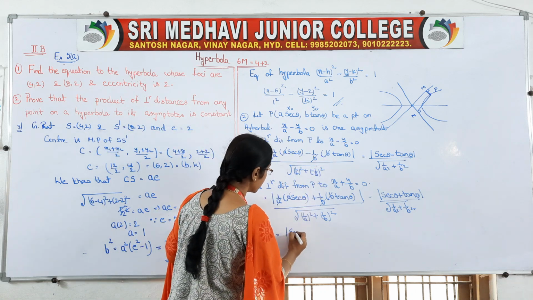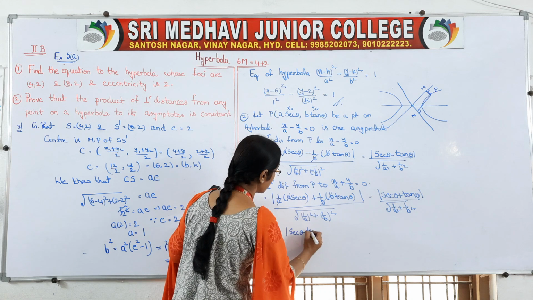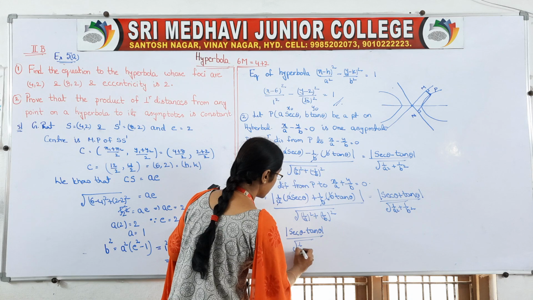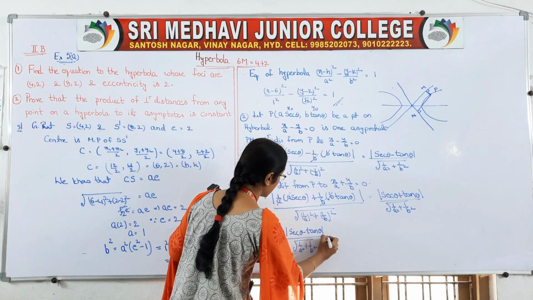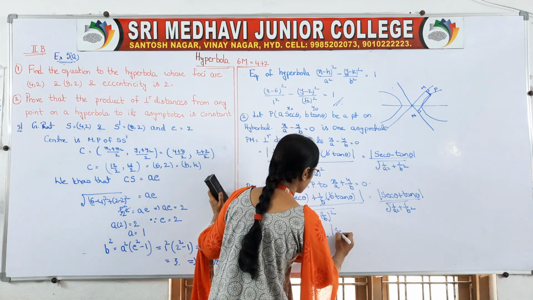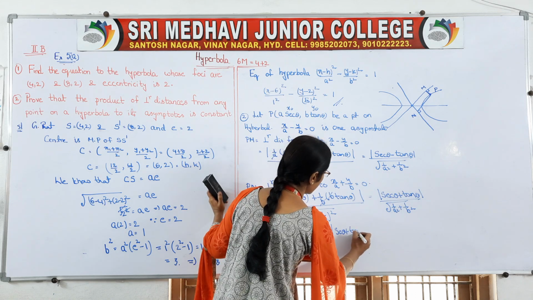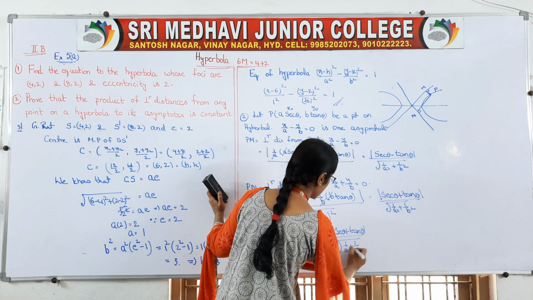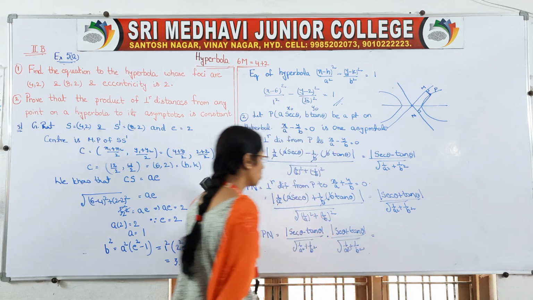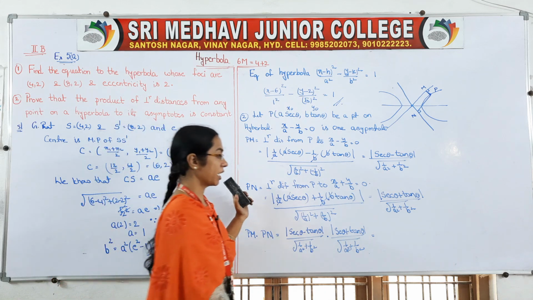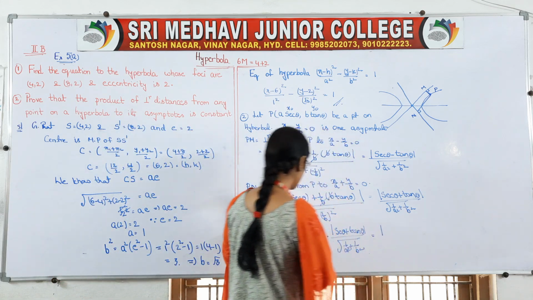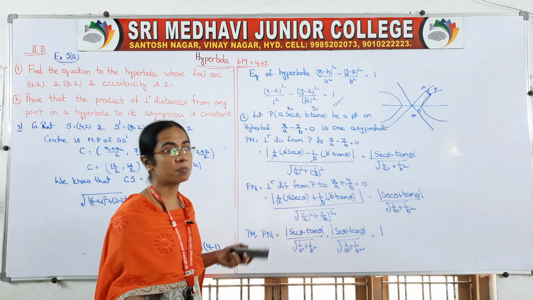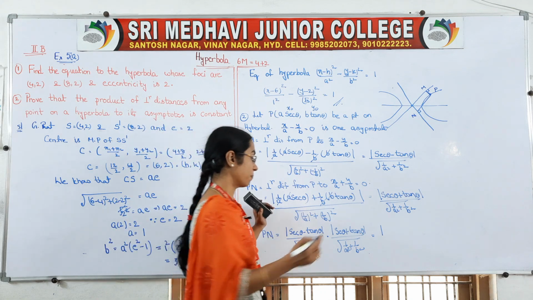So it is modulus of secant theta minus tan theta by root of 1 by a square plus 1 by b square, into modulus of secant theta plus tan theta by root of 1 by a square plus 1 by b square. So mod a into mod b is mod a into b. So modulus of (a minus b) into (a plus b), or (a plus b) into (a minus b), both are the same, right?